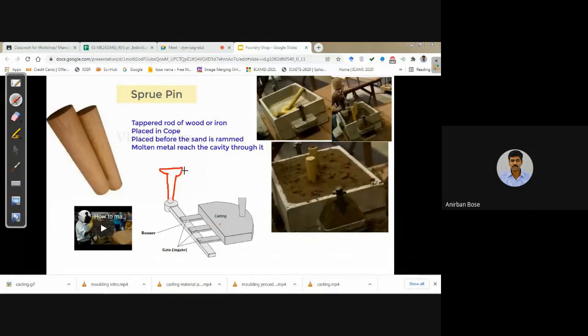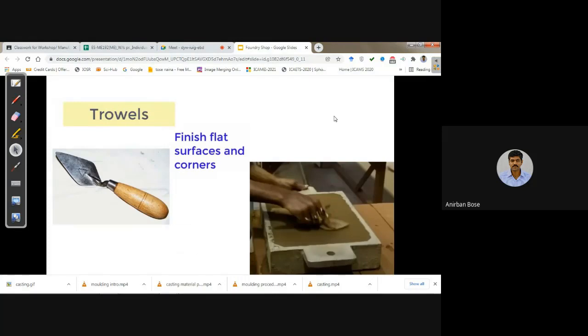So the pouring basin, then sprue, then maybe the sprue well, then the runner, then gates. These are the different parts of the gating system that you try to remember.